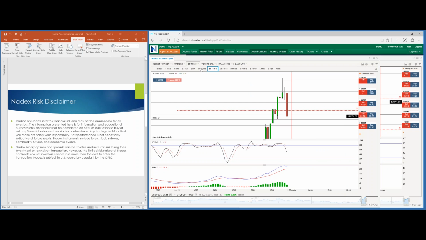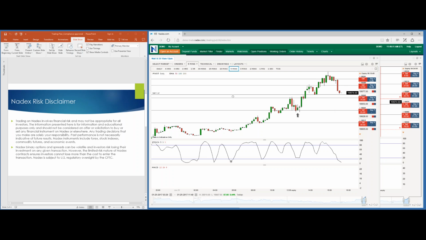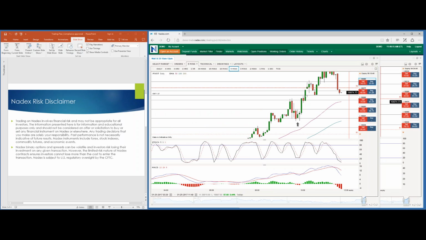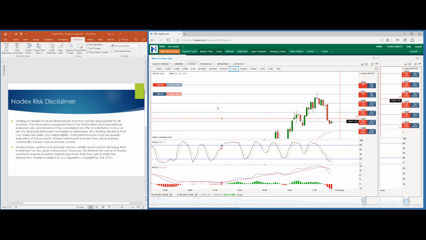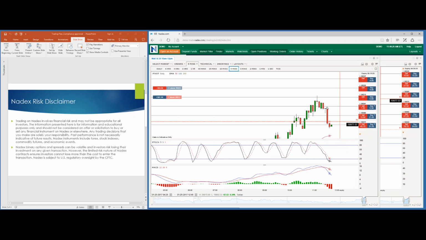We could go down to a 5-minute and say, okay, do we have any reversal bars on this 5-minute? Is it showing me, hey, I need to exit now? Is there anything on this 5-minute chart that says, oh, I need to get out of this now? Well, you're overextended on the stochastics, right? Now, we're at 977. Is it possible for the Dow Jones to move right back up to 20,013